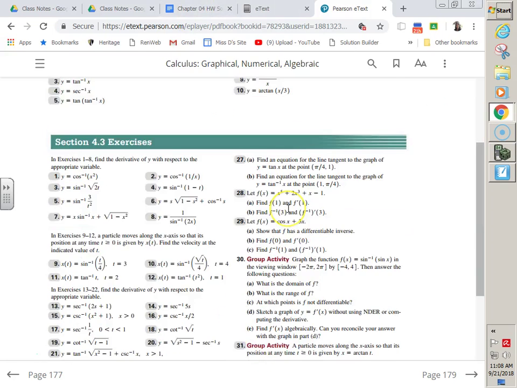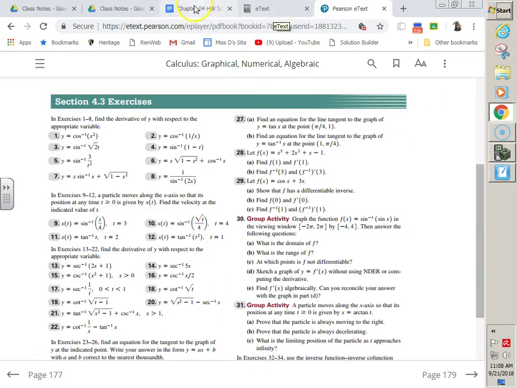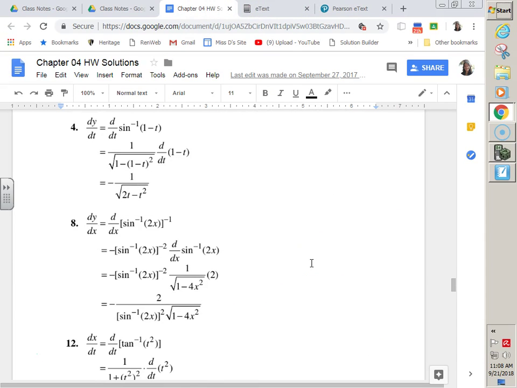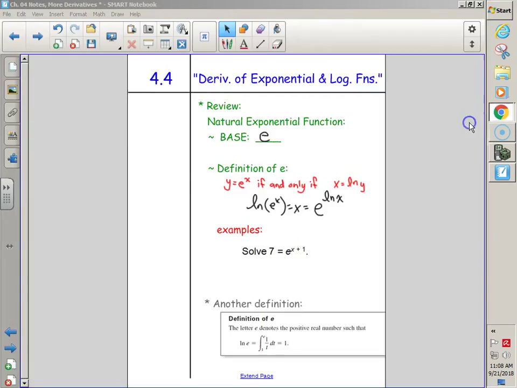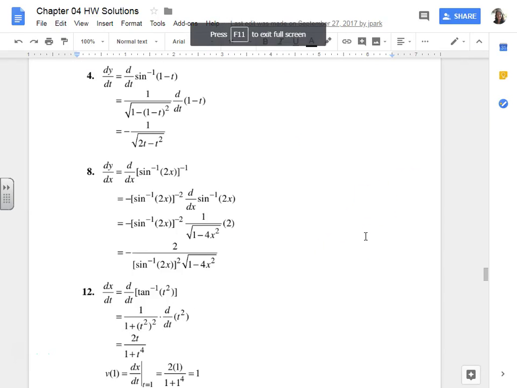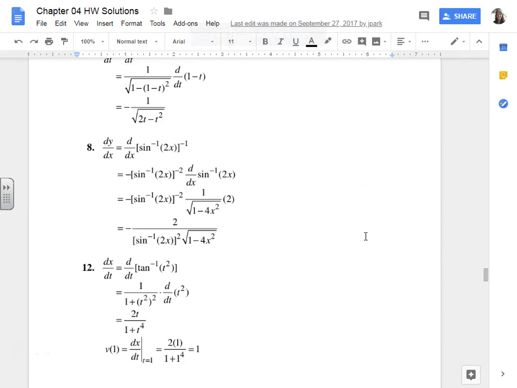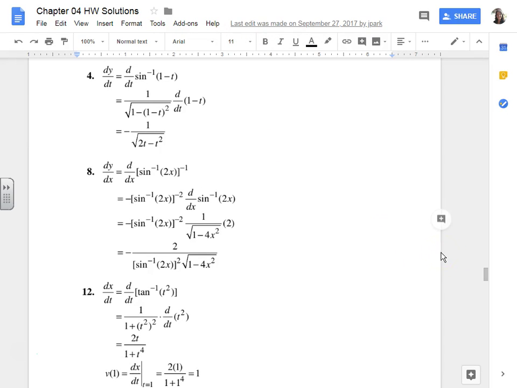Pearson text. I have the homework open just in case we need something or others. But first of all, let's just grade what we got. Let me full screen it so we can see it. There's 4 and 8 and 12? Yeah. 4 and 8 and 12. And as you guys grade 4 and 8 and 12,